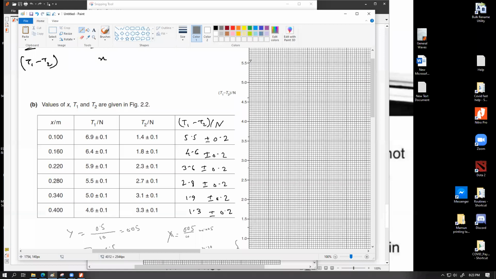Exactly 100, 5.5, হ্যাঁ ঠিক আছে। সো তাহলে আমার পয়েন্টগুলো প্লট করা হয়ে গেল, এখন আমি যেটা করব সেটা হচ্ছে